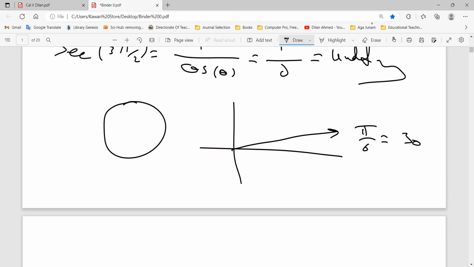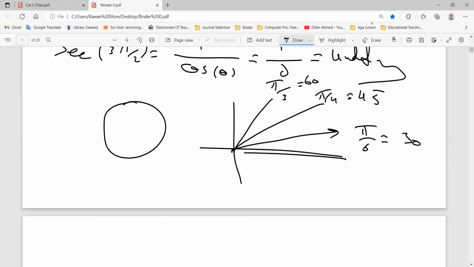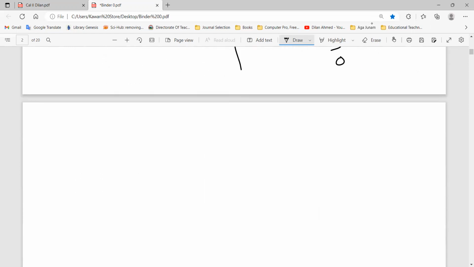Pi/6, pi/4, pi/3, and these two angles 0 and pi/2. If I need reference angles, these are called reference angles. These are angles that we are going to use more and more. Maybe angles 1, 2, 3, we don't need more, right? But 30, 45, 60 are more usual to use. Also 0, pi/2, and so on. So to find the reference angles,